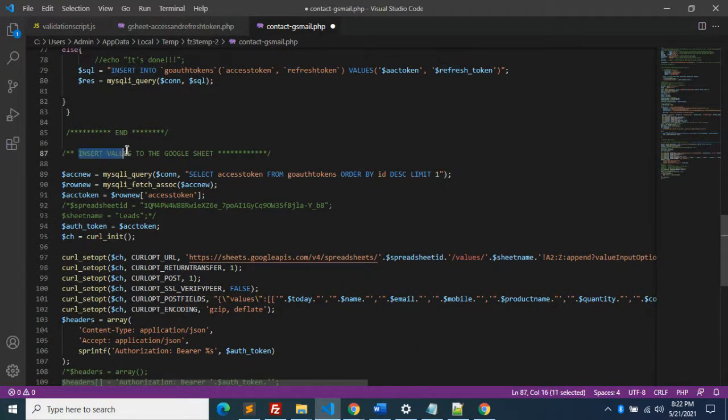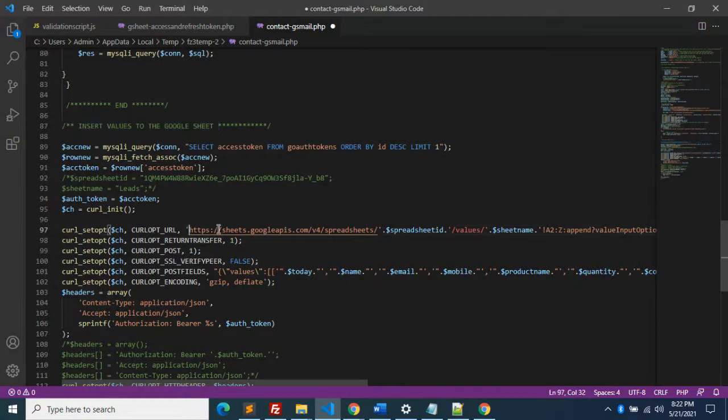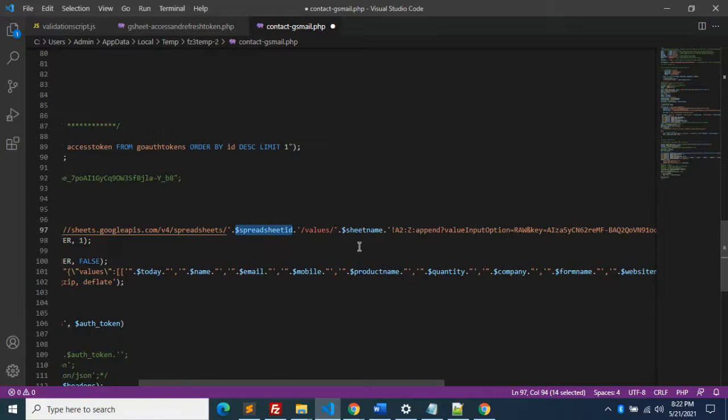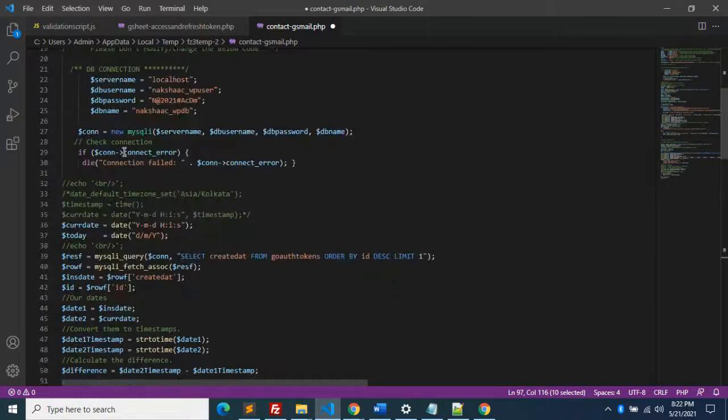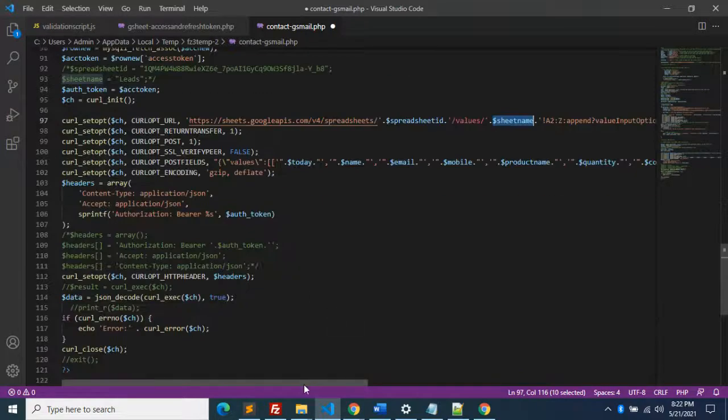For inserting values to the Google Sheet, again we are running a MySQL query to select the access token. Using this access token, we are inserting values to the spreadsheet. Already we have a variable called sheet name and a variable called spreadsheet ID.